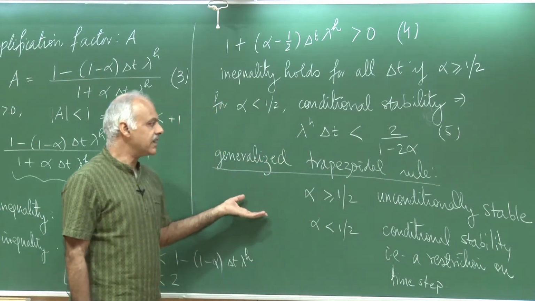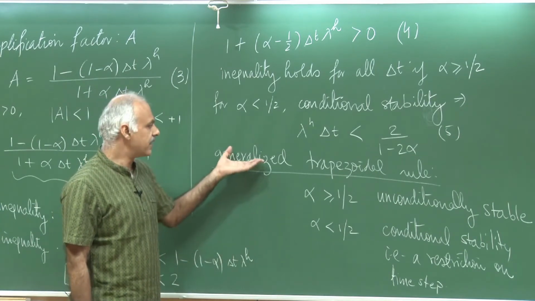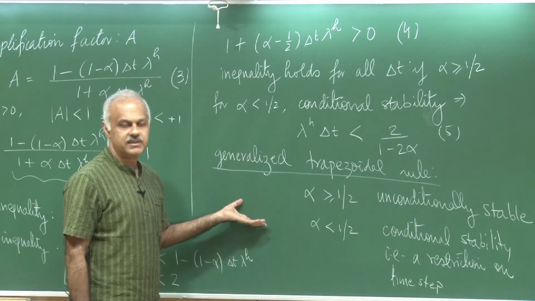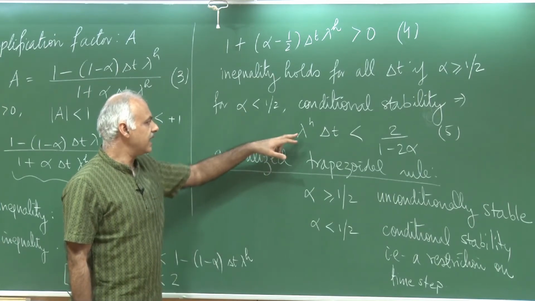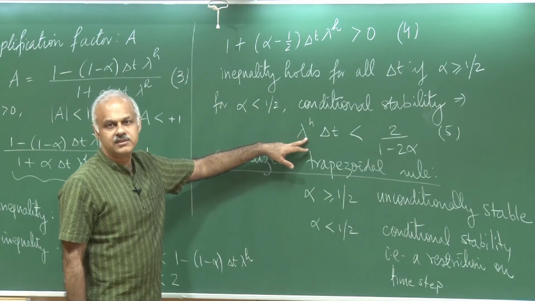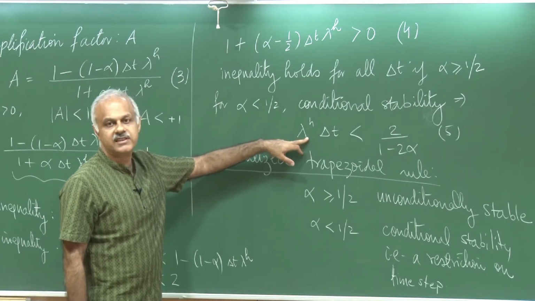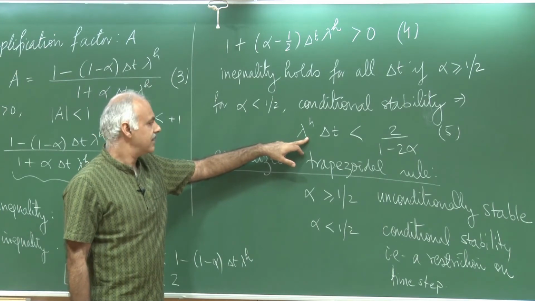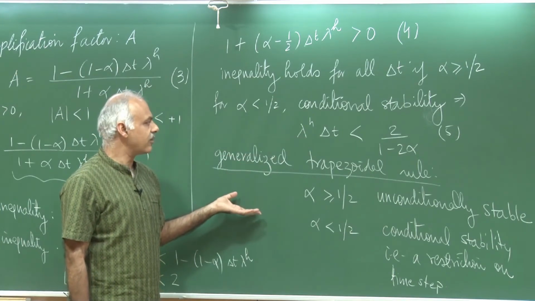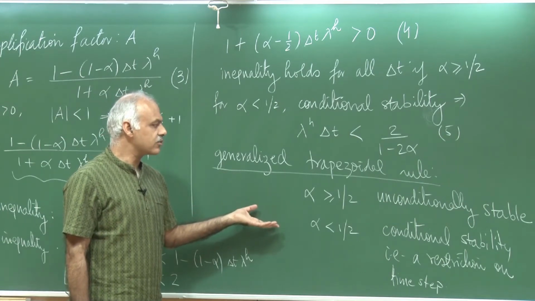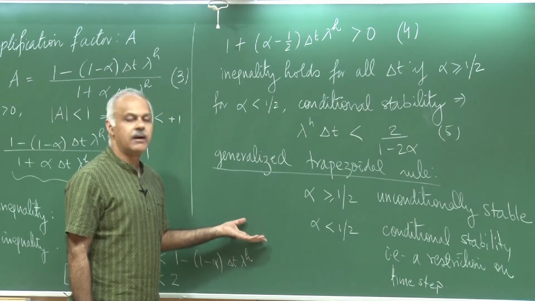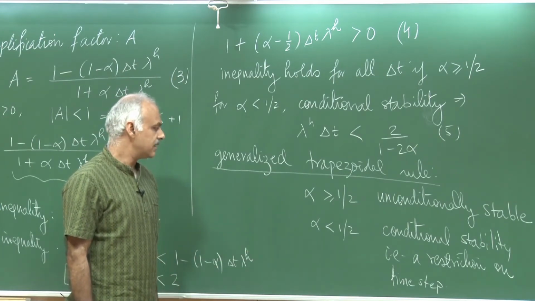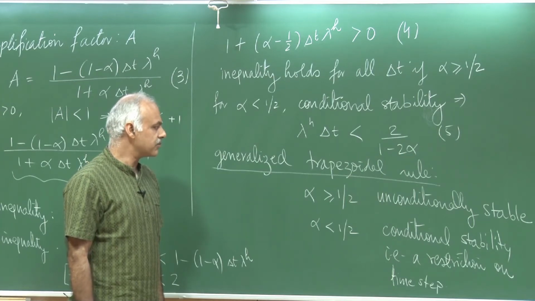If I was choosing a multi-degree system, so here I have done an analysis for a single degree of freedom system. If I had a multi-degree freedom system, then for the analysis I would need all the eigenvalues and then possibly choose the most restrictive eigenvalue. Obviously that is an exercise of its own, and one would not like to do that just to choose a time step. So it is a good idea to use thumb rules, and I will show you what the possible thumb rules that people use can be written as.